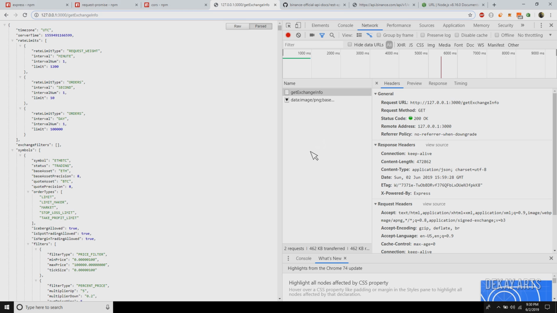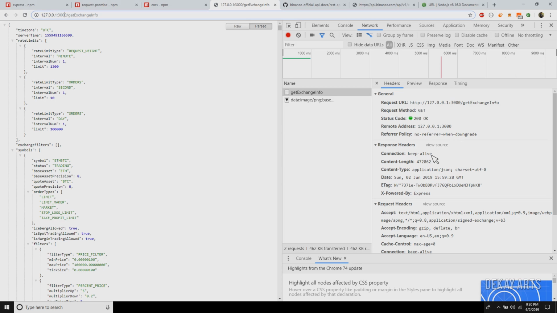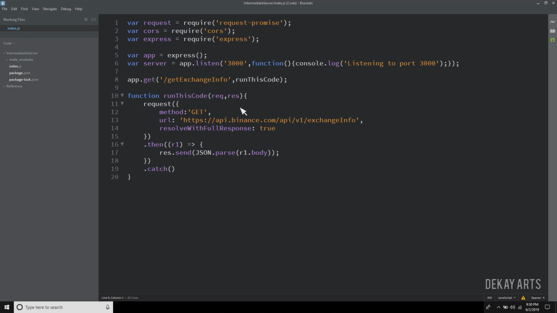So it still works. Technically you can still use this approach to run the code, but when you try to deploy this code on any server, then this would fail. As long as you run it locally like this, it will work. But if you try to deploy it on another Ubuntu server that you buy online, it would fail. That is the reason the proper way to do it is to add that CORS code as well. So let's apply that CORS header and see if we get that header here or not. Notice this, there is no access control allow origin header yet. So let's add it. It's very simple to add.